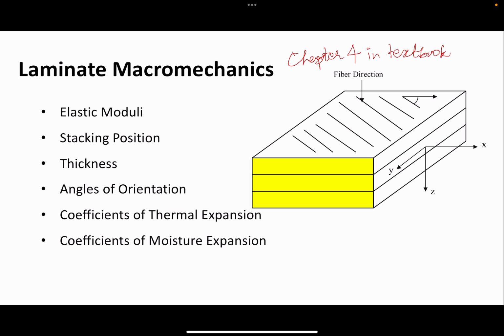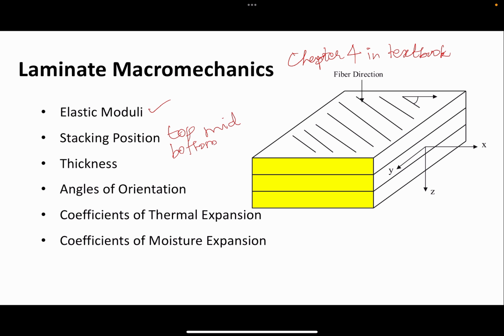So how does stacking up different plies together in a certain way behave? That laminate behavior is influenced by all these bullet point properties. One, of course, is the elastic moduli of the different fibers, different resins, and then the stacking position. Stacking position means what ply is on the top, what ply is on the bottom, what ply is in the